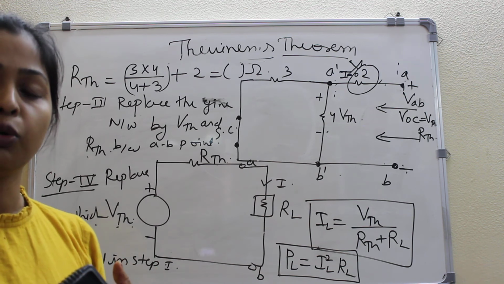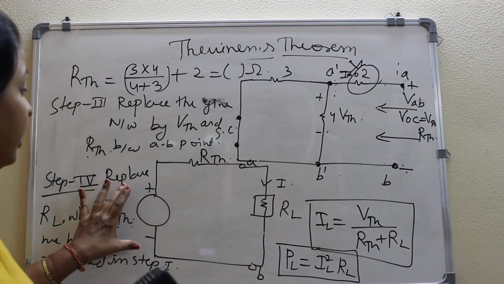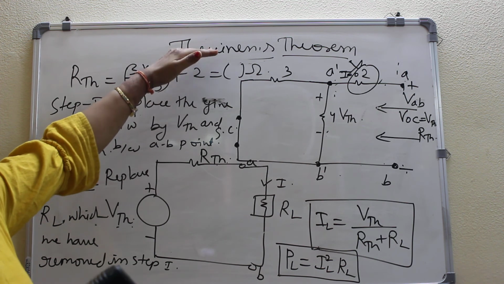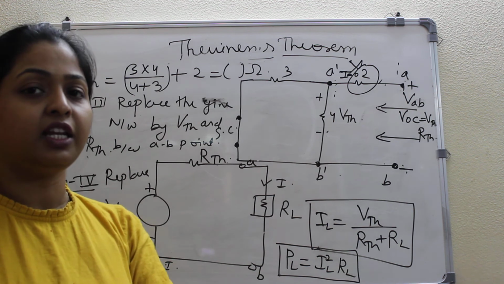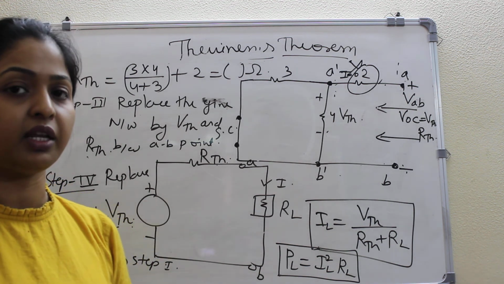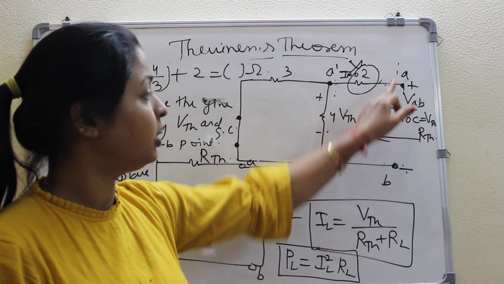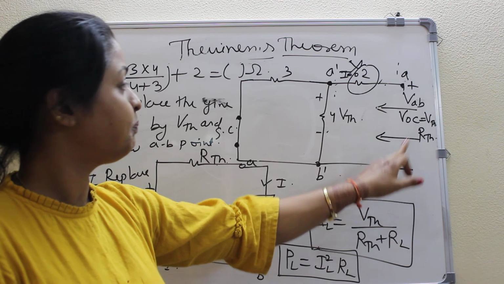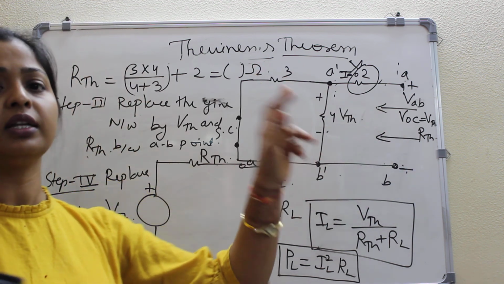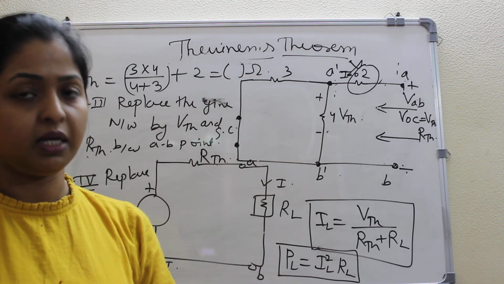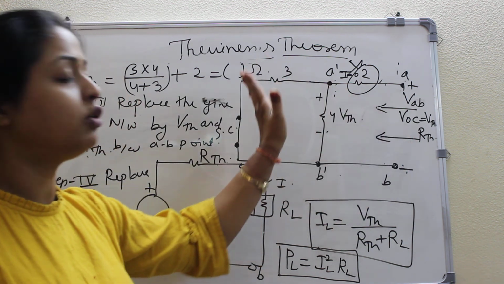So only and only open circuit will give you voltage, and we have to calculate the voltage only, because we have seen initially the statement of Thevenin theorem. Statement of Thevenin theorem says any circuit can be replaced by VTH and RTH. It means we have to calculate voltage. To calculate voltage, make it open, and to calculate resistance looking into AB terminal, again make it open. When you need to calculate RTH, make sure that your circuit does not contain any energy sources, because definitely there must be active energy sources. So for calculation of RTH, you have to replace them with 0.